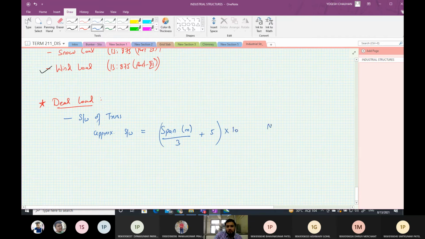That will give you in Newton per meter square the approximate self-weight of the roof truss, because at the initial stage we don't have the self-weight as we don't know the section of the roof truss. So we have to assume some self-weight, and then we'll design the members and make sure that the self-weight does not exceed the approximation carried out in the preliminary dimensioning of the roof truss.